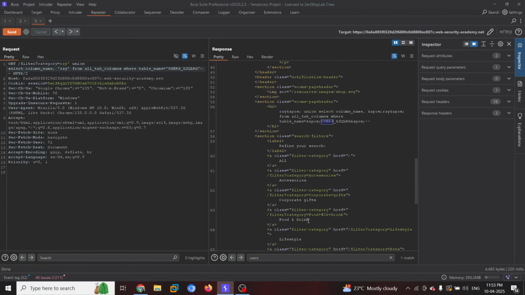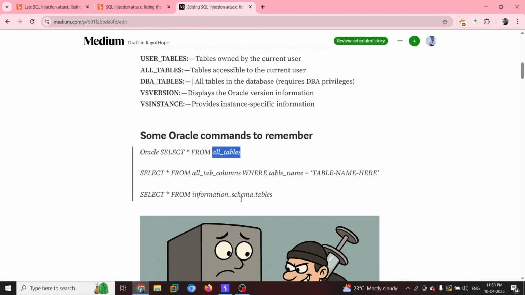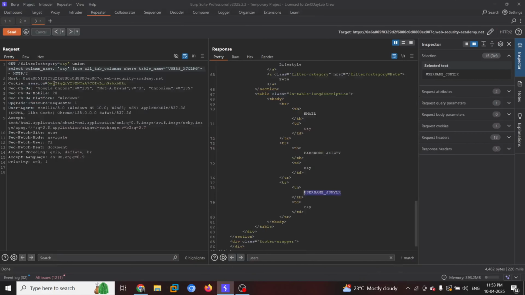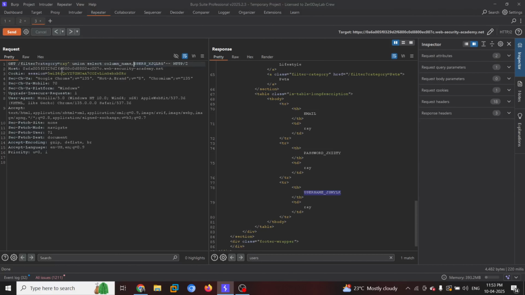Now, if we scroll it down, can you see? Oh, we have now password and username, which is a good thing. Now, we got the credentials, and once we have the credentials, we will be using a simple union select statement. Union select.